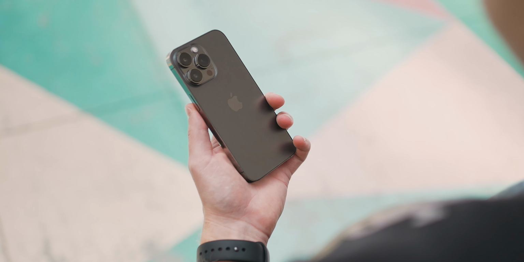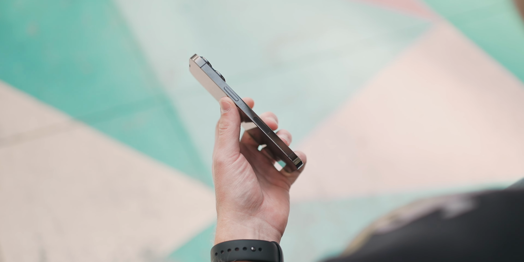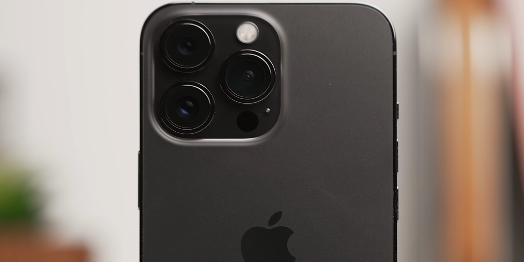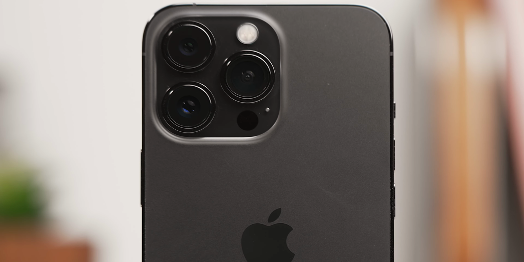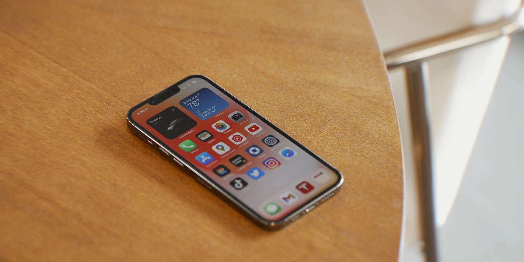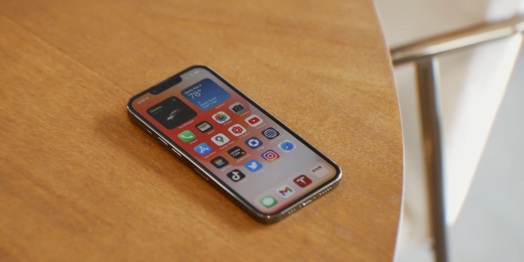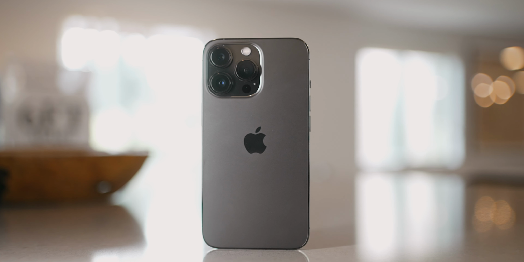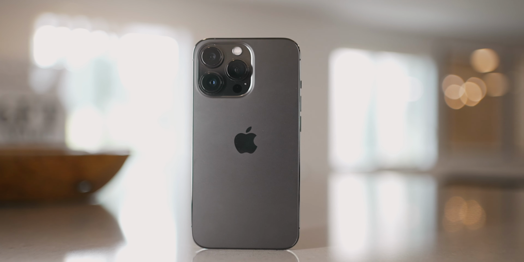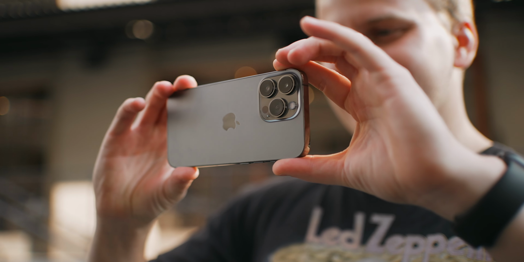So inside the 13 Pro is Apple's A15 Bionic processor. It's a super fast processor even if it's a year old now, but playing games, editing TikToks or Instagram Reels or photo editing on Lightroom, this phone is going to be a piece of cake for those tasks. It also has 6 gigs of RAM, up to 1 terabyte of storage, and it also features ProMotion 120Hz for a super fast and super smooth experience. So the thing about the Pro Series phones is that you have 3 different focal lengths for the back cameras. You get an ultra-wide, a main wide camera, and a 3x telephoto zoom lens, and the camera system on this